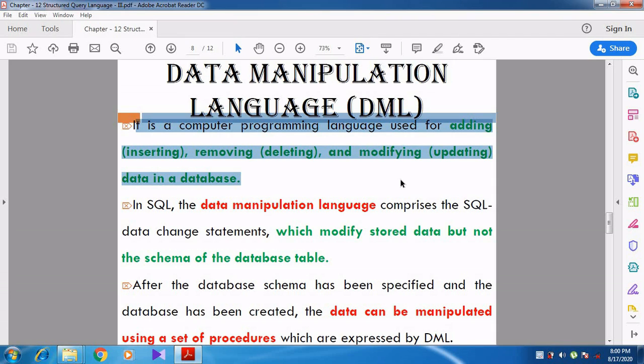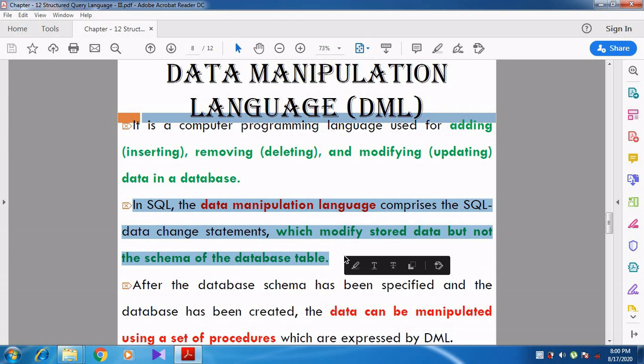So for that purpose, we can use the DML, data manipulation language, right? What are all the processes we can do? Adding the data, removing the data, modifying the data, right? So inserting, deleting and updating.